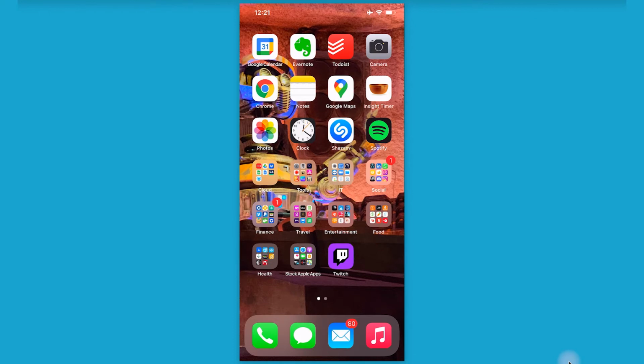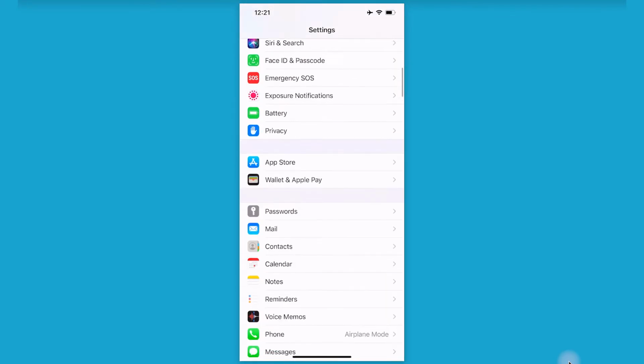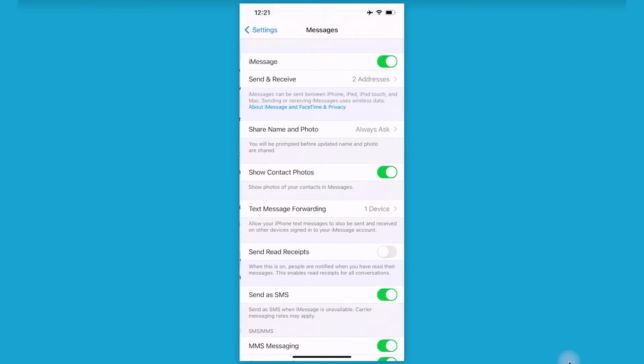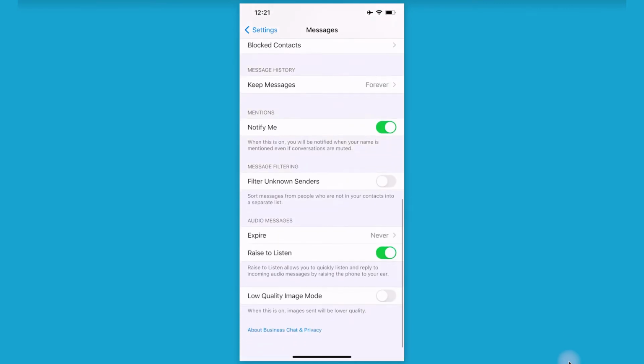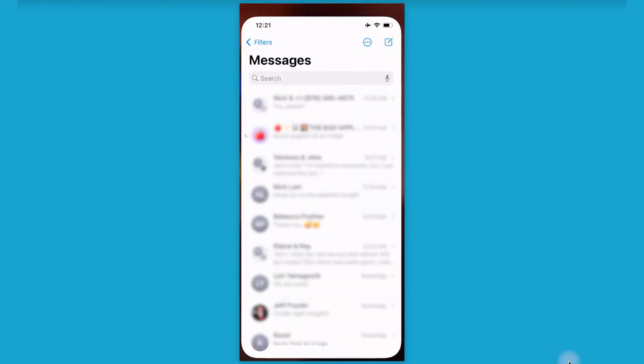So to get started, you're going to click on Settings. You're going to scroll down to Messages, and then you're going to scroll down to Filter Unknown Senders, and you're going to check this. Next, how you use that is you're going to go into your messages,